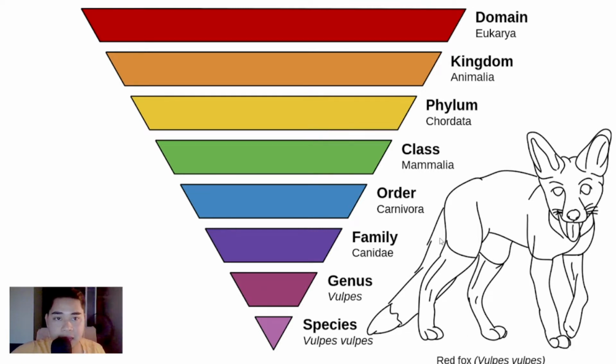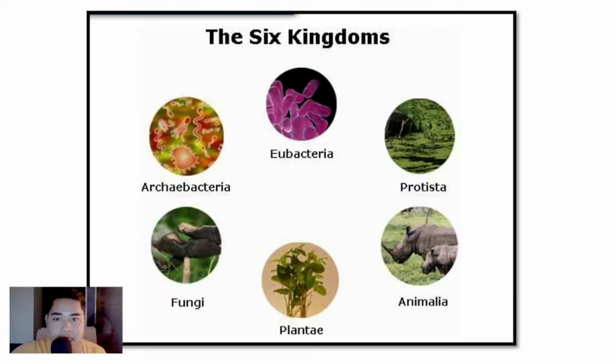After that, we have to identify the kingdom, the phylum, the class, order, family, genus, and its species. For kingdom, basically there are six identified kingdoms. So we have the eubacteria, protista, archaebacteria, fungi, plantae, and animalia. Since we are talking about zoology, or basically animals, we will focus on the kingdom Animalia, where we belong also as human individuals, as well as the animals that we will be discussing.